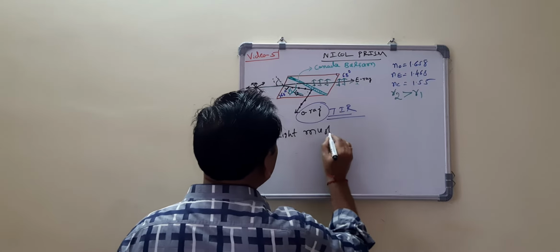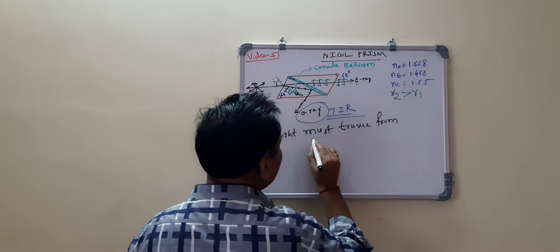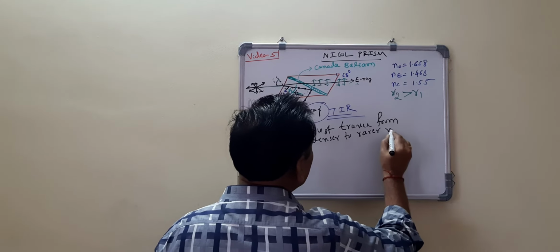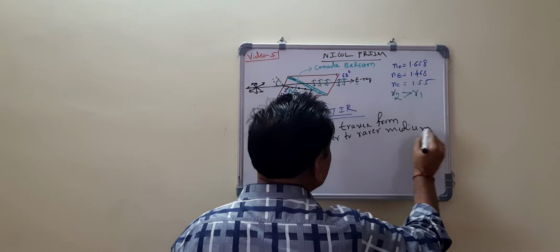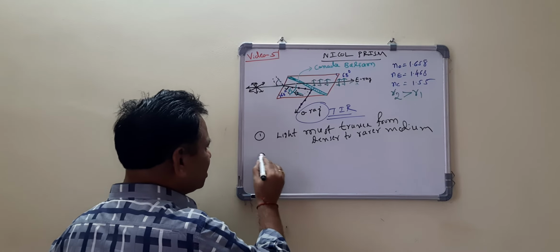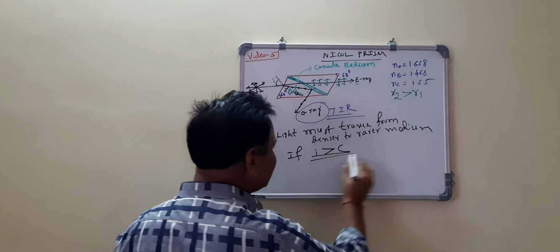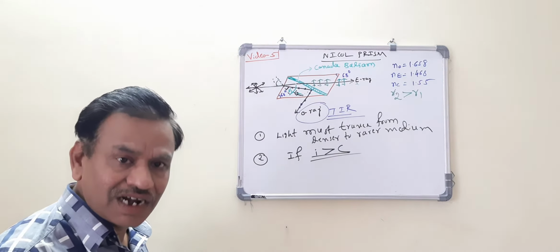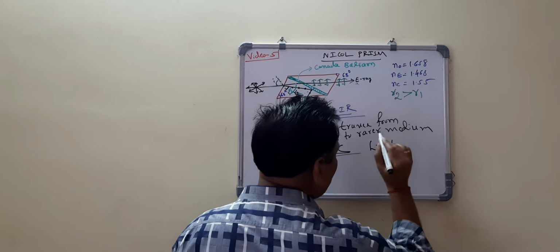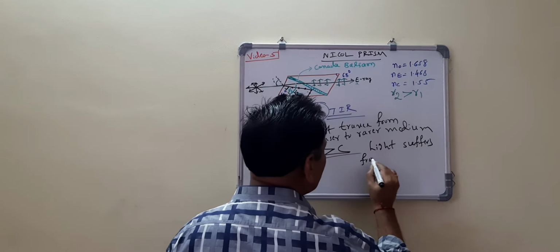Condition 1: light must travel from denser to rarer medium. Light must travel from denser to rarer medium. Second one: you know that if the angle of incidence is greater than the critical angle, light undergoes or suffers